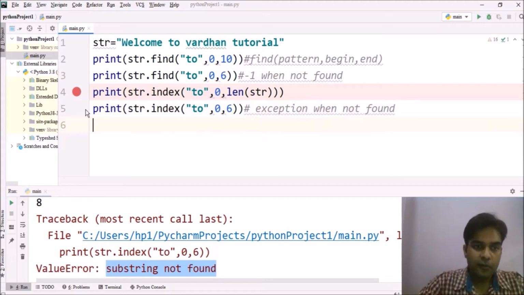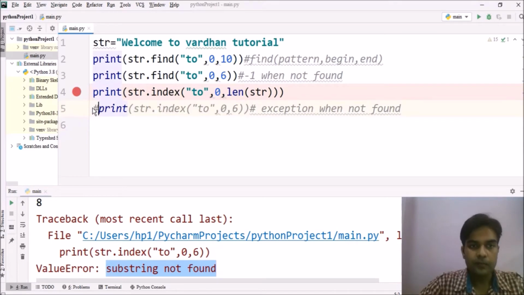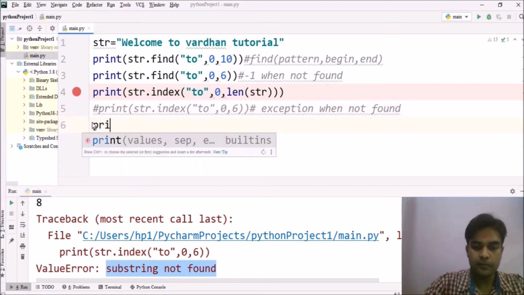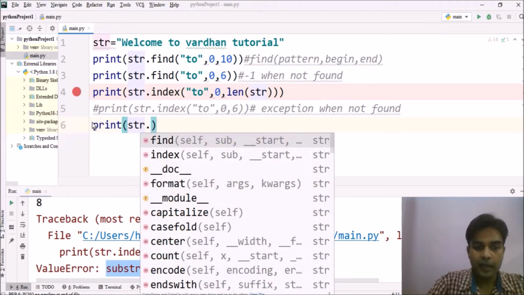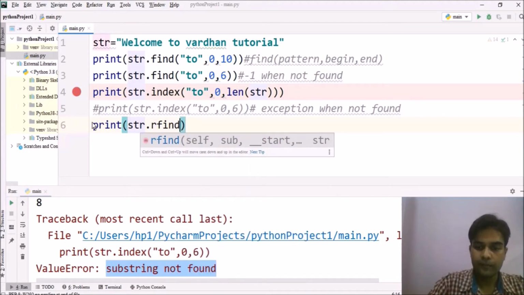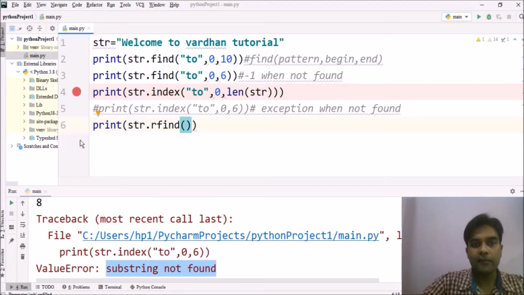Now there is one more function: if we have to print the index from the right end, then we will use print string dot rfind. Now this rfind will find the index from the right side.